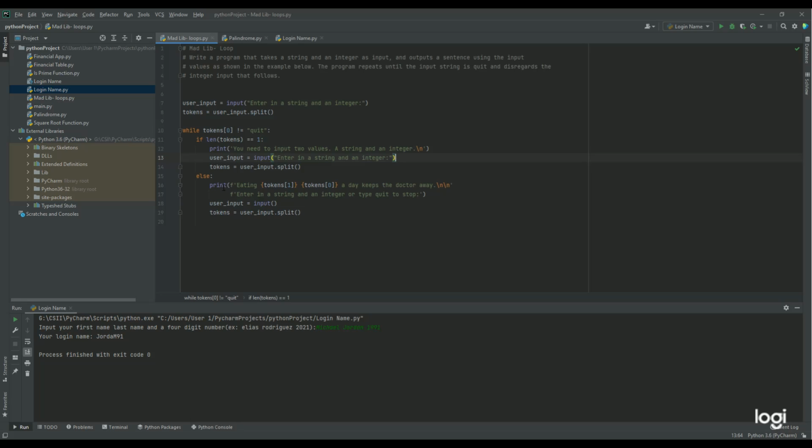I put an if-else statement. So I put an if the length of tokens is 1, meaning there's only one variable in the list, then it would print out you need to input 2 values, a string and then an integer. And I went ahead and asked for user input again by entering a string and an integer, and then split the user input again. So once that person has inputted a string and an integer, it will split and continue with this else statement right here,